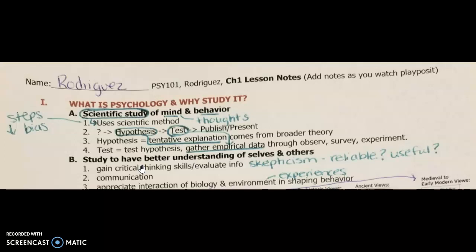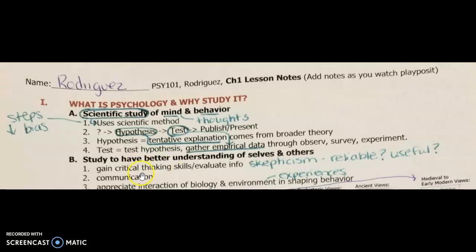By studying psychology, I hope that you will gain more critical thinking and a better ability to evaluate information. Any science that you take, including this psychology as a social science, encourages you to be very skeptical of any information that you read or that you hear. It hopefully will encourage you to say, why do you think that? Or why do you believe that to be true? What is it based on? So psychology will help you to question information and figure out if the information is reliable,